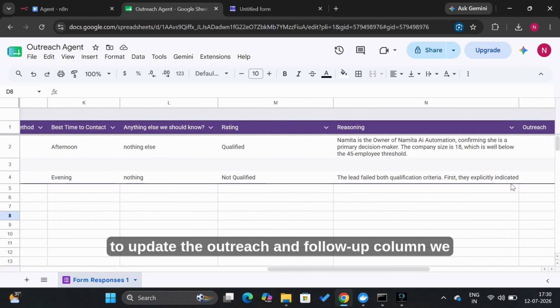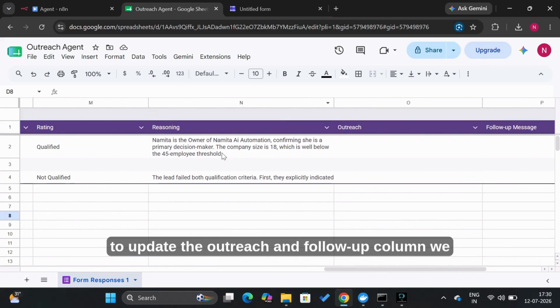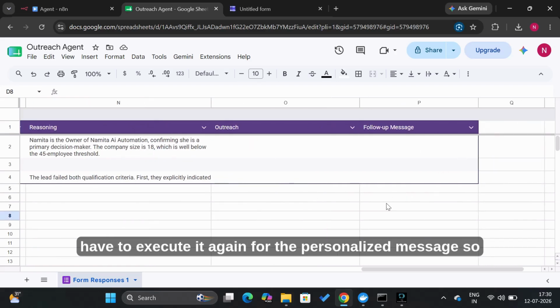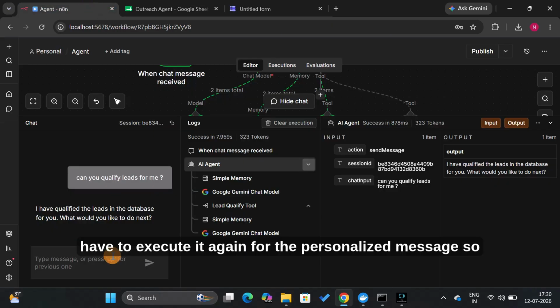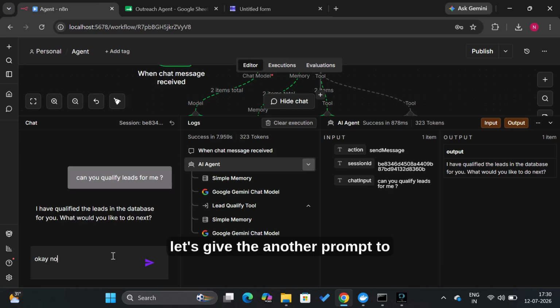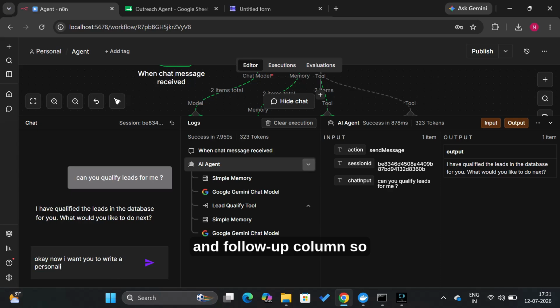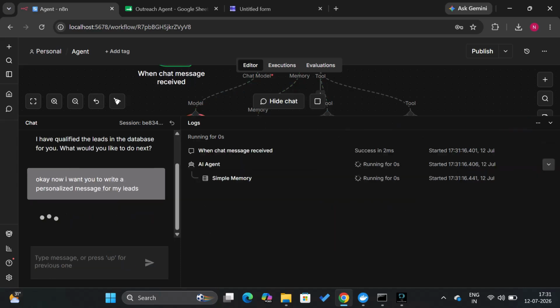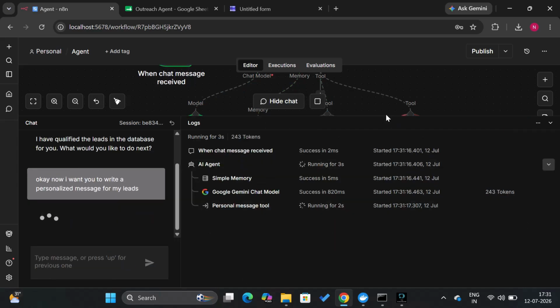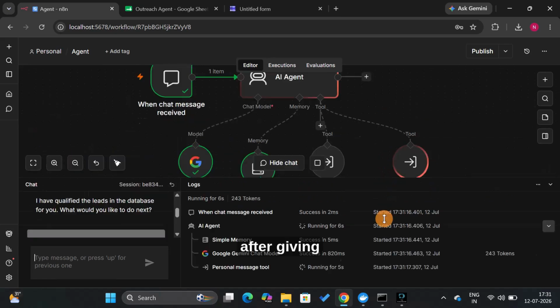To update the outreach and follow-up columns, we have to execute it again for the personalized message. So let's give another prompt to write a personalized message for the outreach and follow-up columns.